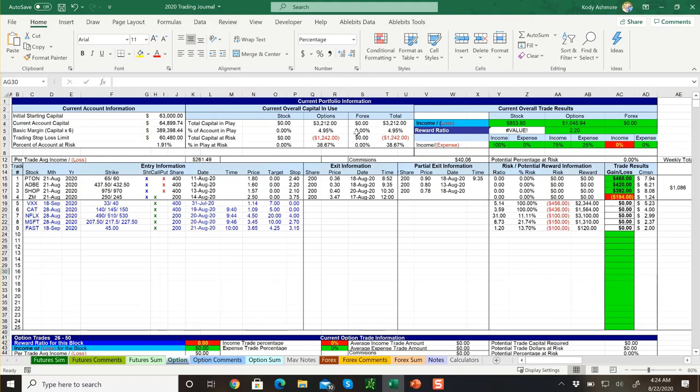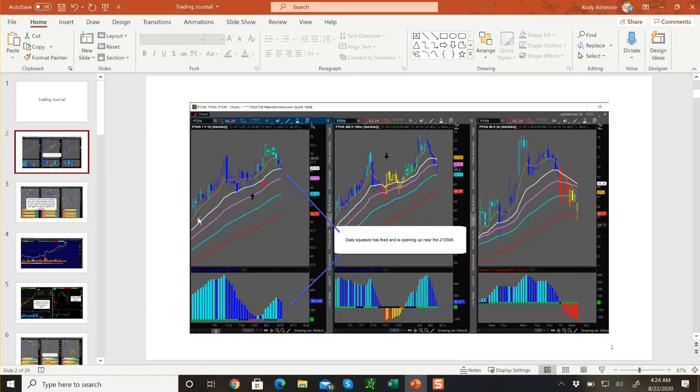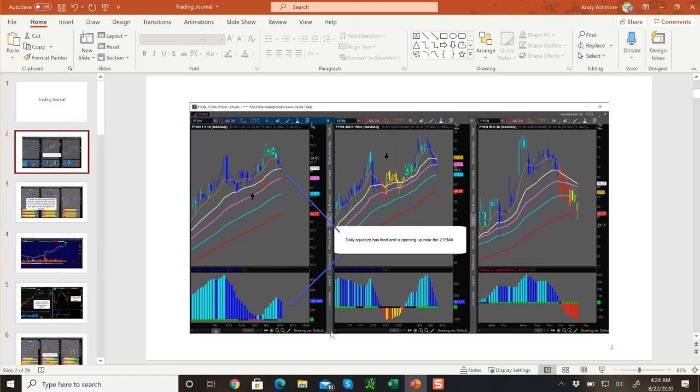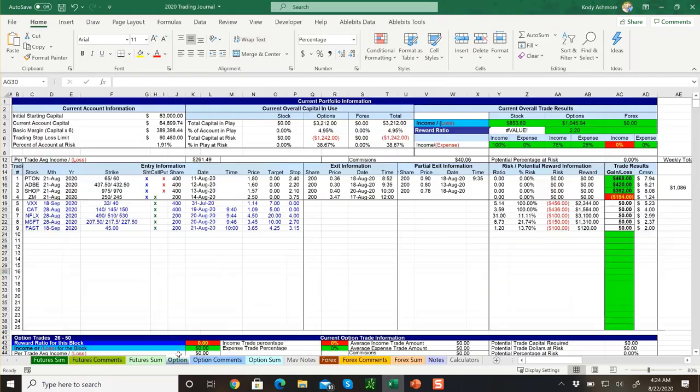So diving right in. Oh, and also, the way I handle my documentation as far as the trades is, I'll have slides, and what I have is a PowerPoint, and I have it all drawn up the same way I did in TraderView, except with these services I've already paid for and I can still use them. So saving $50 a month. But anyways, all right, so